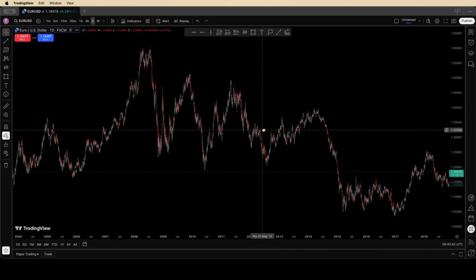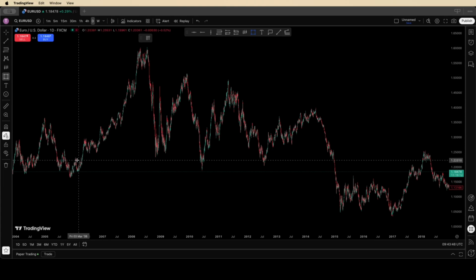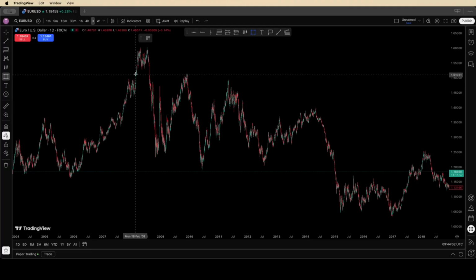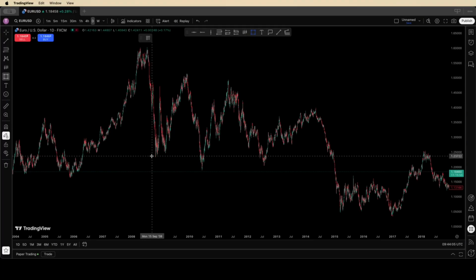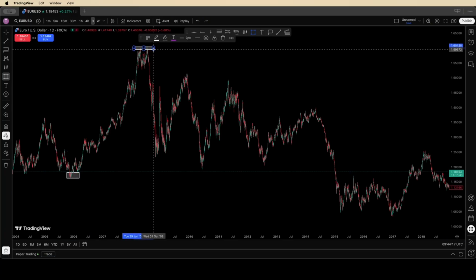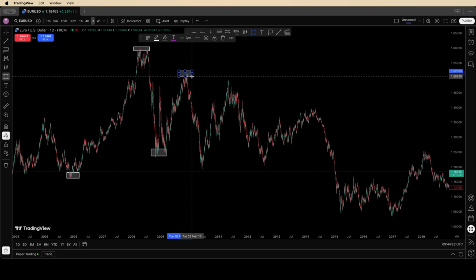So first, let's say market is going up like this. You always need to look at the extreme points. That means at this point, this is a significant point where from this point it started to go up, and then from this point it started to drop, and from this point it started to go up. So these are all the extreme points. If I mark that in the chart, it looks something like this. So we mark here, we mark here, we mark here, we mark here,